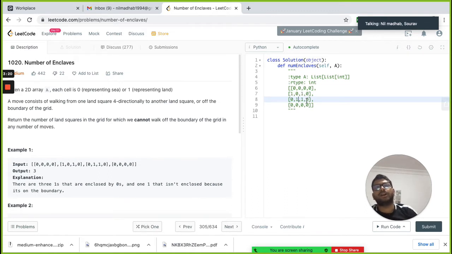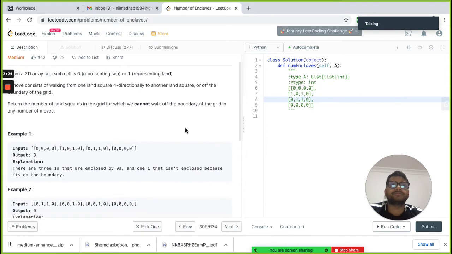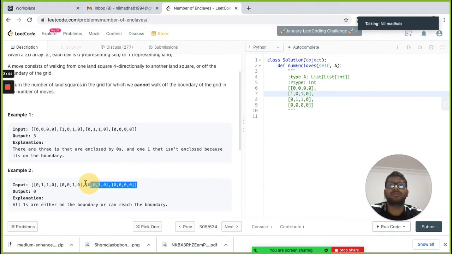So we have to output 3, right? I mean this one is already at the boundary, and from these ones we cannot reach the end. So it will be the answer. There are 3 ones from which we cannot reach the boundary. So the answer is 3, right?